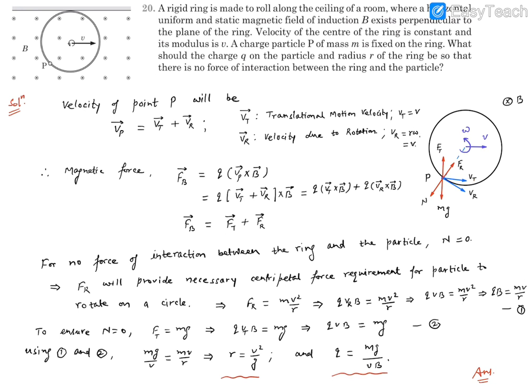Now we know whenever a particle having a charge is moving with a velocity in a magnetic field, magnetic force comes in. Magnetic force is given as Q V cross B. Here the velocity of the particle has to be used. And we know the velocity of the particle is given by these two vectors. So we can write Vt plus Vr vectors. Then we know this cross product can be expanded and we can make these two terms.